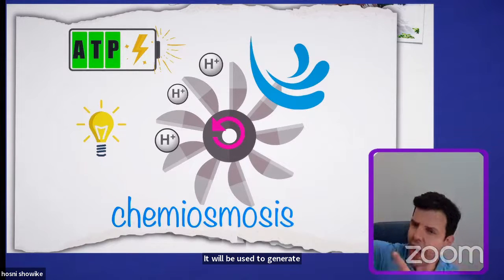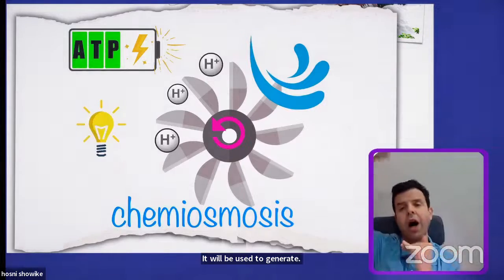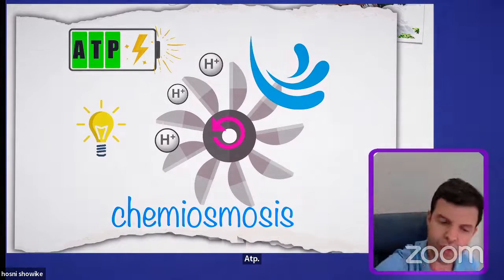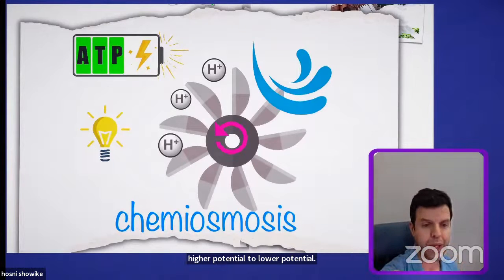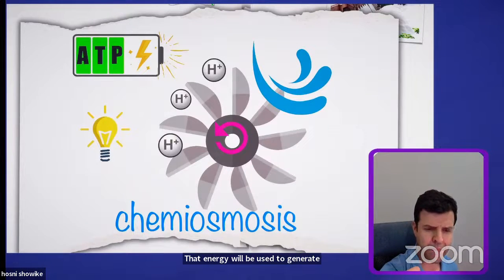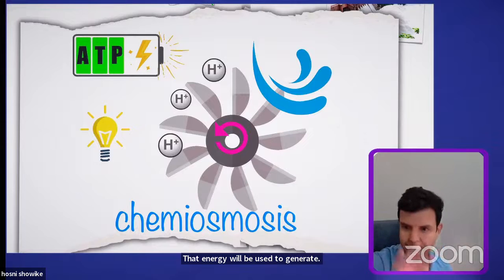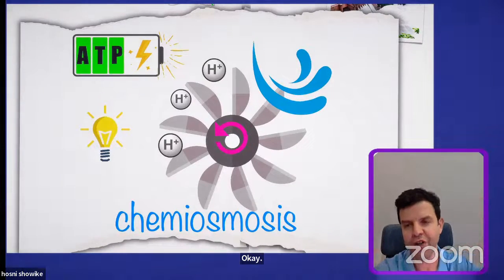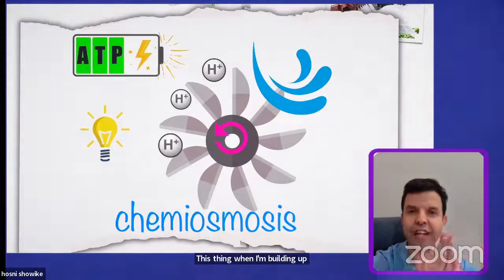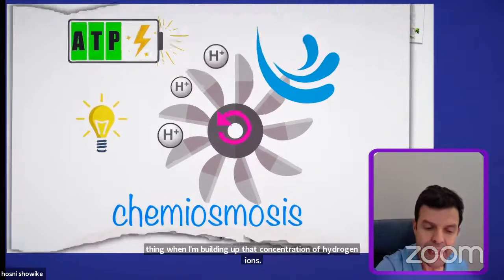So while the hydrogens are flowing down from their higher potential to lower potential, that energy will be used to generate ATP. Okay? This process, when I'm building up that concentration of hydrogen ions and using that to generate ATP, is what we call